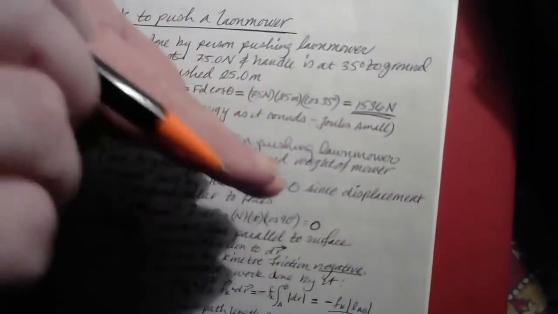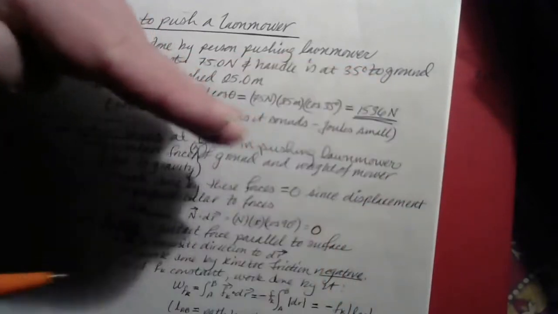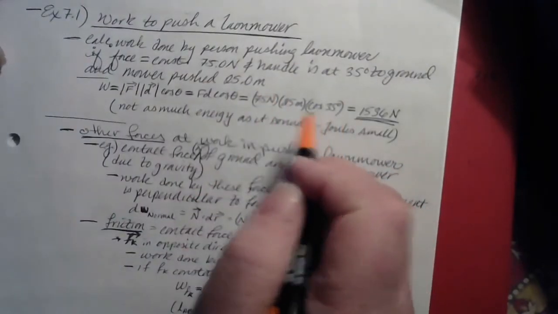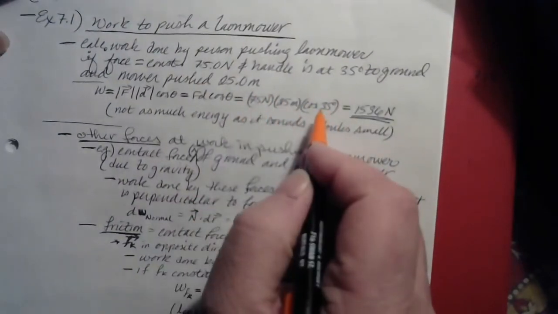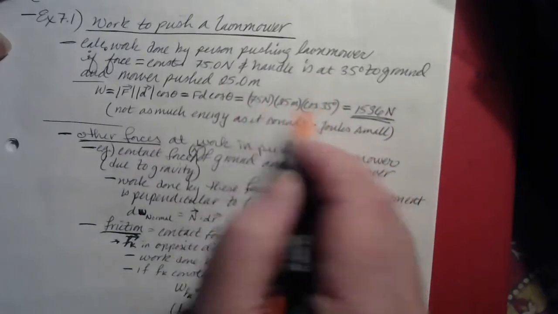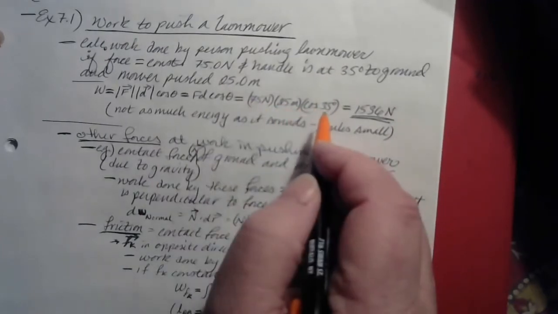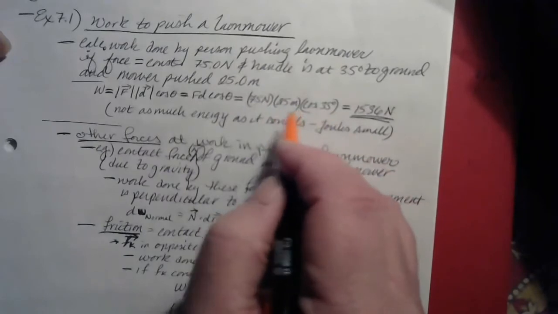And so if you're pushing this way on the mower, but the mower is actually moving that way, you want the x component of the force, and that's where the cosine theta comes in. 75 newtons times cosine 35, that's the x component of the force on the lawnmower, times the 25-meter displacement